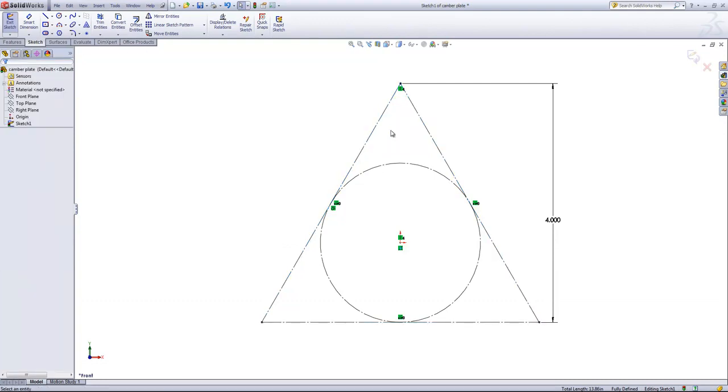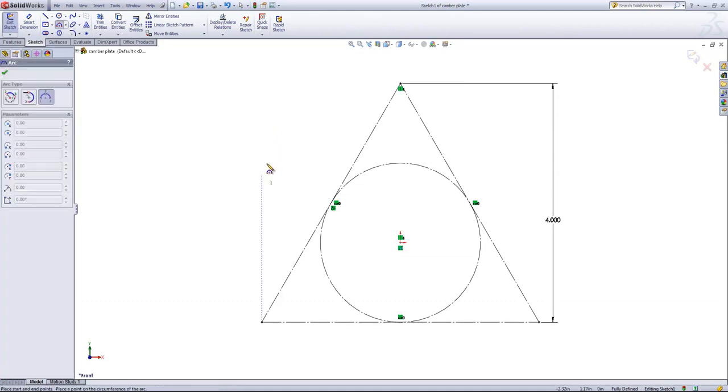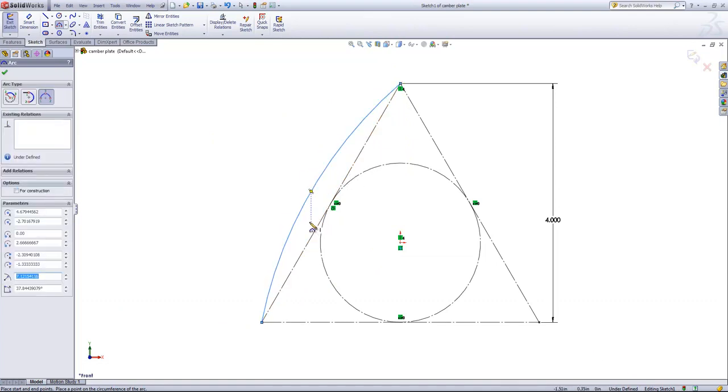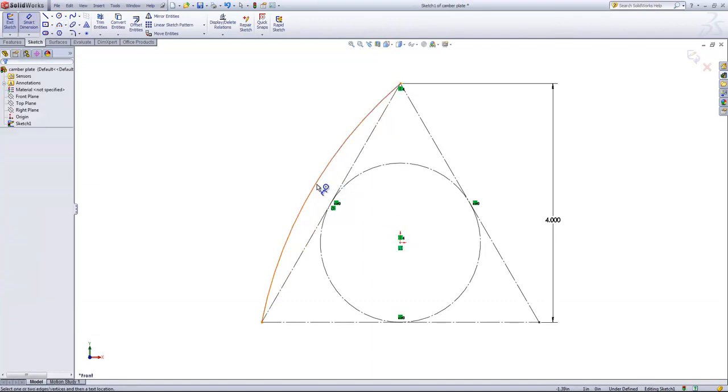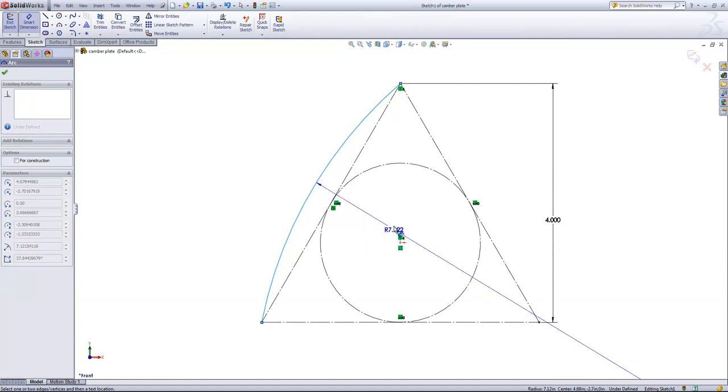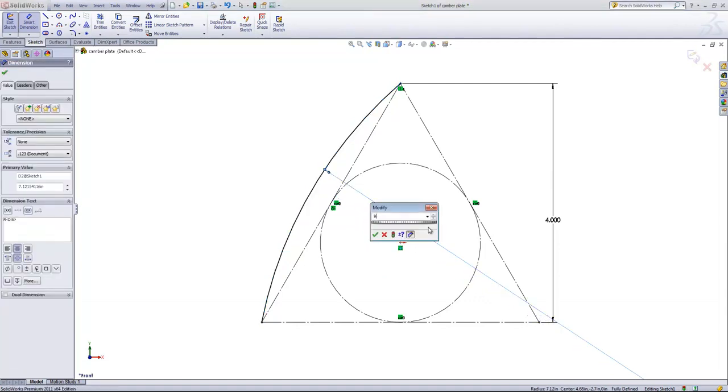The next tool we want to use is called the 3-point arc. That can be found in the arcs dropdown. Just choose 3-point arc. And I'm going to click this in at the top, at that bottom corner, and just arbitrarily outside of the triangle. Then I'll once again grab the Smart Dimension tool, click on the arc, and give this a radius of 9